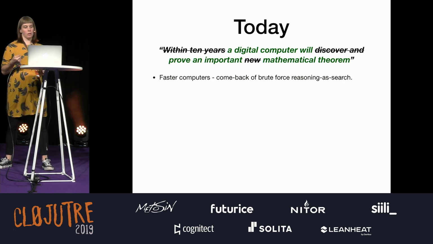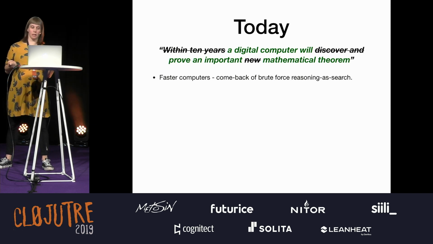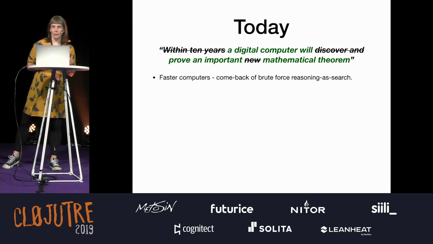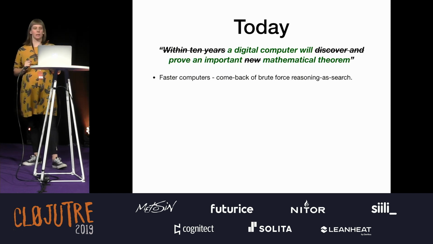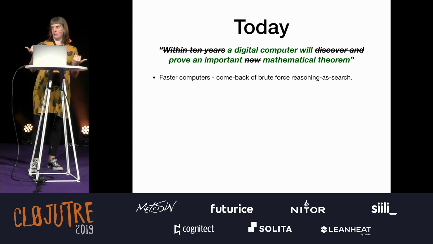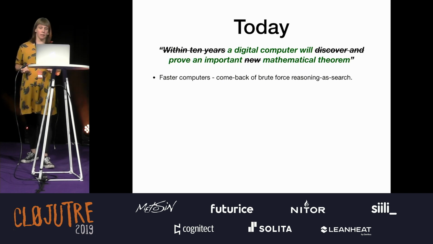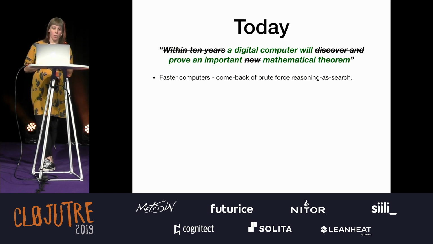So computers today are a lot faster, of course, than in the 60s and 70s. So these basic algorithms that were developed then are now quite powerful, and people have tuned these heuristics. So this kind of reasoning as search can do a lot more today than it could in the 60s and 70s. So, for instance,